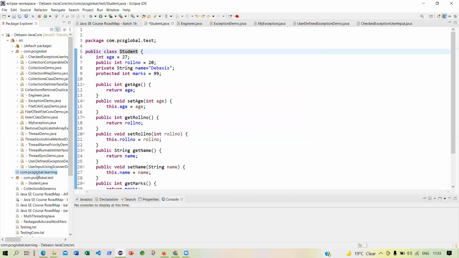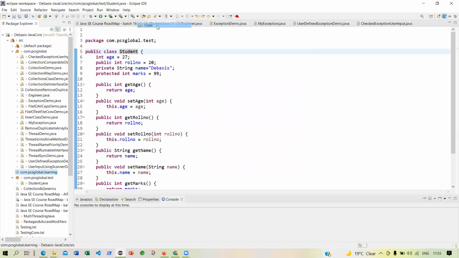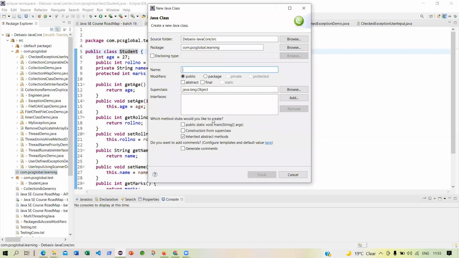Then under this package, you can say new, I want to create a class. I am just giving a name to the class, Just a class. Better to use the file naming convention, because there are three words. Always it has to start with a capital letter, and the rest, this is another word.